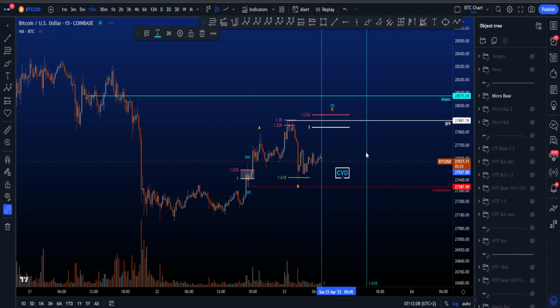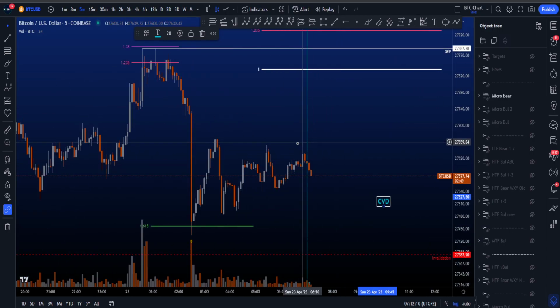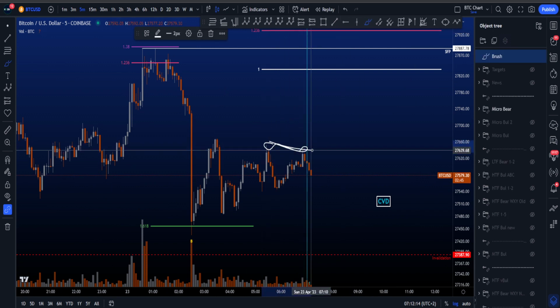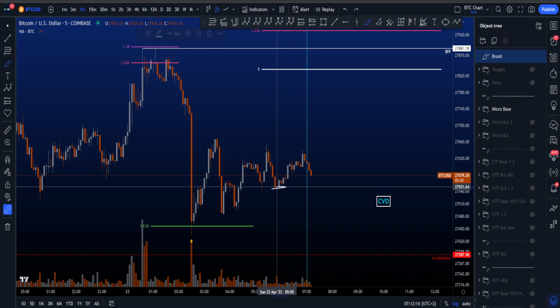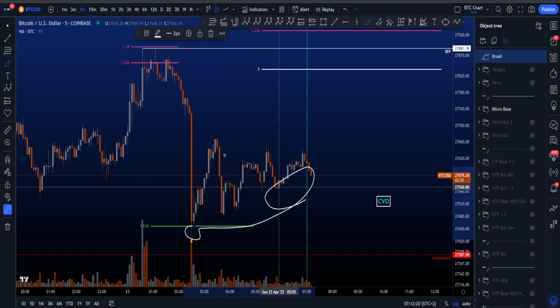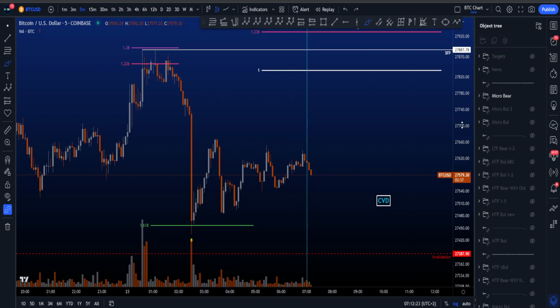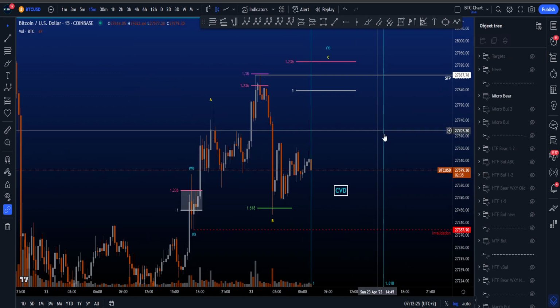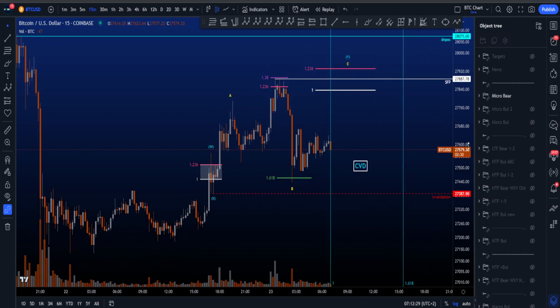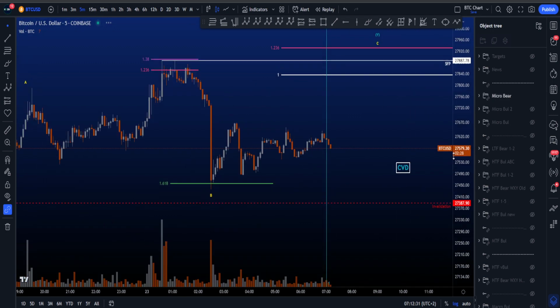So basically we have both a bullish and a bearish divergence going on. The bearish divergence between this high and this high, lower high in price, higher high in CVD, this is the target, where the bullish divergence is between these lows and the higher lows, and then this is the target. So it's a bit of a mixed bag on the lower time frame, and we have to wait and see a little bit what is going to happen with those divergences, because it could, of course, be possible